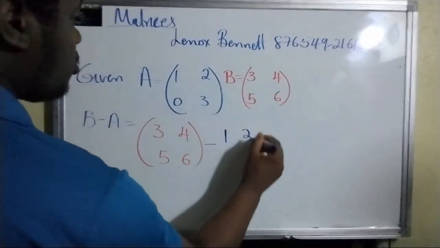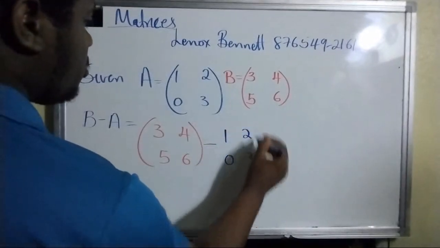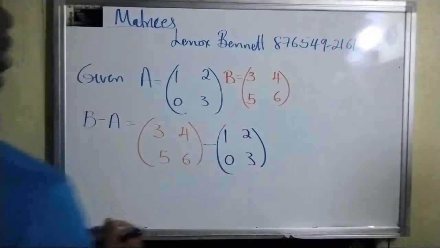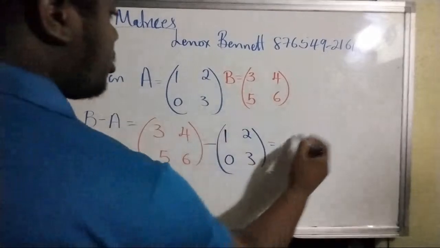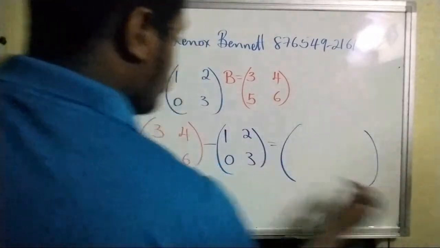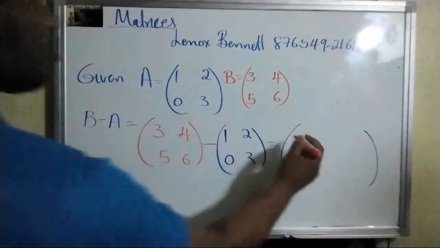So that's 1, 2, 0, 3. Alright. And then now we do the maths. So we're gonna put a big bracket and maths up everything. Alright. So it says 3